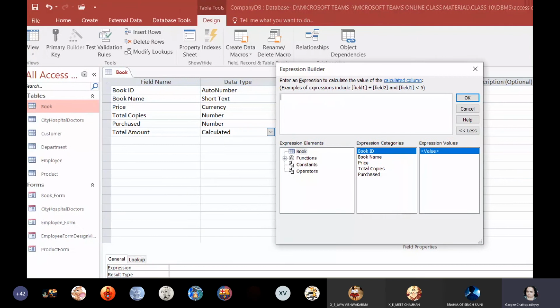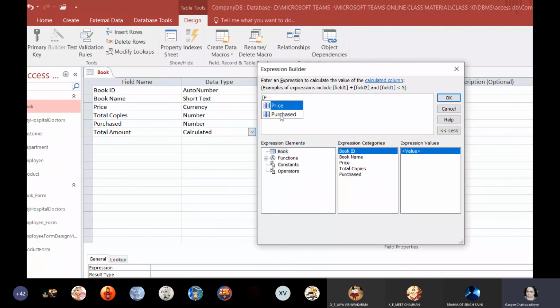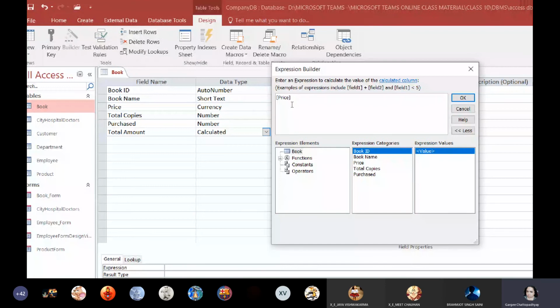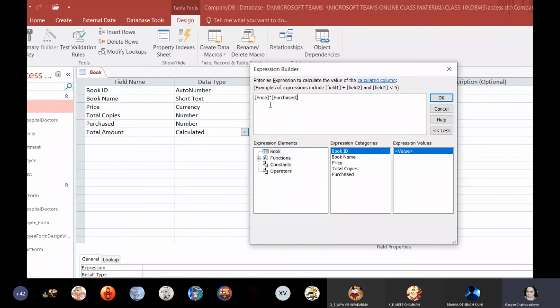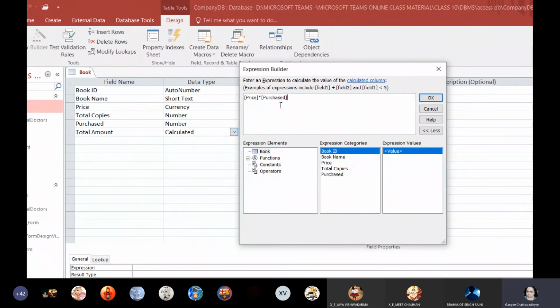The moment you press the square bracket and P, it shows you both the fields in the table, price or purchased. If you just press enter, it will complete the expression, followed by a multiplication sign and purchased. So price multiplied with purchased will give you the total amount which is payable, right?